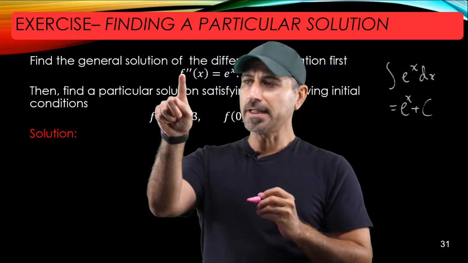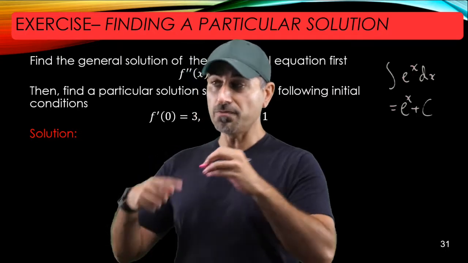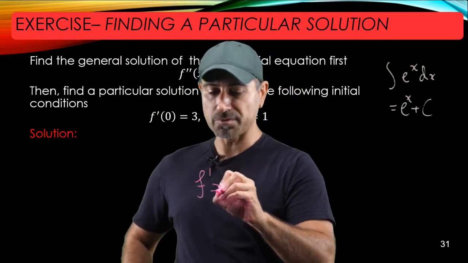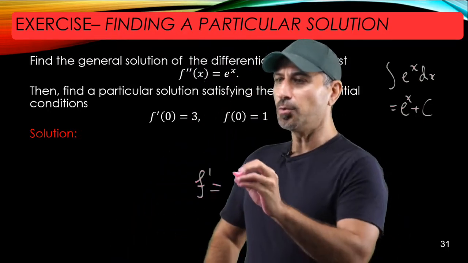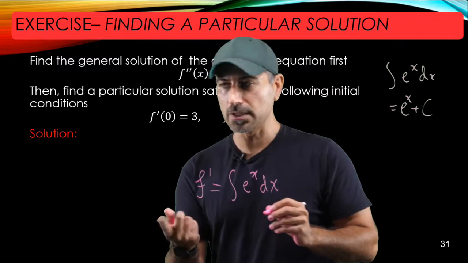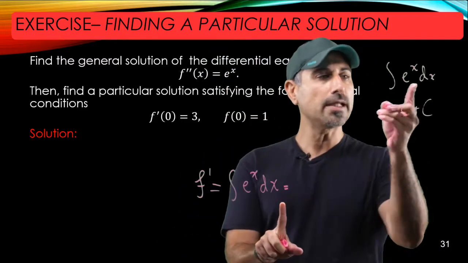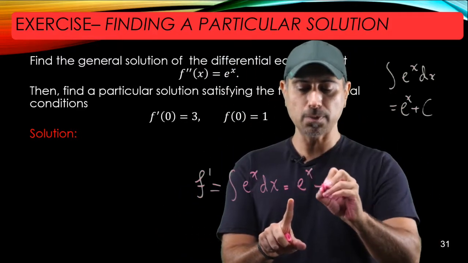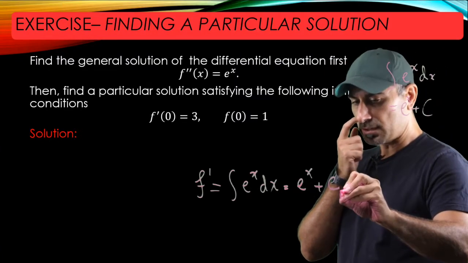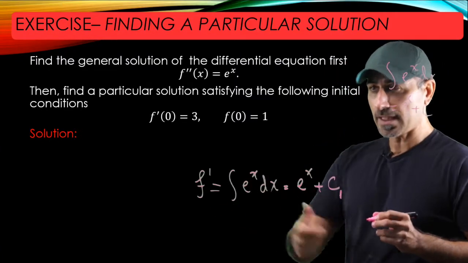If you integrate this one time, or if you look at the antiderivative of this function, that's going to be the first derivative of the function, and that is equal to the integral of e to the x dx. Let's use the integral notation here. But the integral of e to the x dx is e to the x plus c. Let me call this arbitrary constant c1 because I'm going to have another one coming up in the next